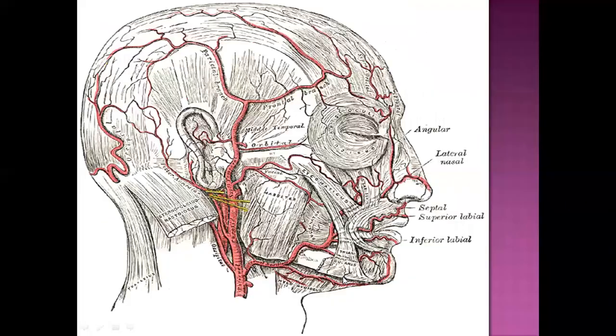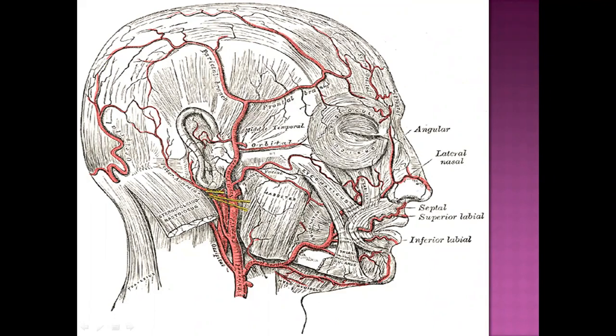So we'll discuss the superficial temporal artery. This is the superficial temporal artery. It gives many branches, like the transverse facial artery, which supplies the parotid gland and the parotid duct. This is another branch of the superficial temporal, the orbitozygomatic artery. So this supplies the orbital area and the zygomatic arch. And this is the middle temporal, which supplies the temporalis muscle. And this is the superficial temporal artery.